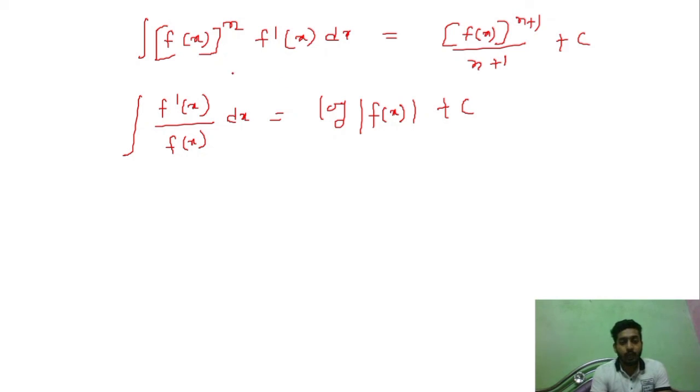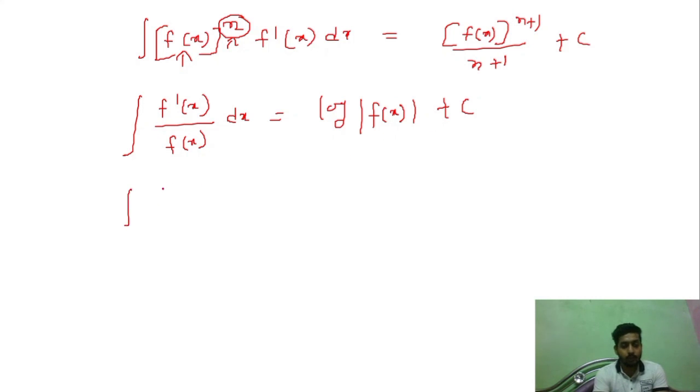So in the first integration we can see that the derivative of the function and the original function lie in a line. So we have to see if the derivative of the function and the function lie in a line or not. If they do, we can use the formula. We can treat fx as x, then whatever the power is, we can use the formula. Here the power is n, so the formula is fx whole to the power n plus 1 by n plus 1. Now here also we can see that integration of f dash x by fx dx is log fx plus c.